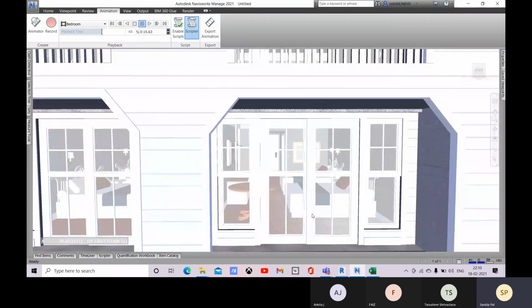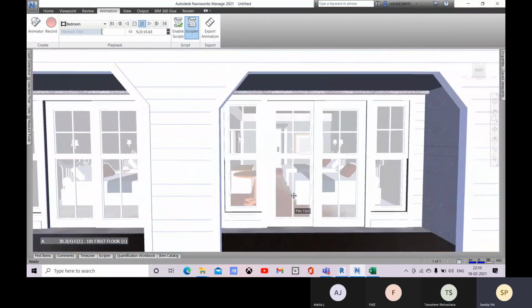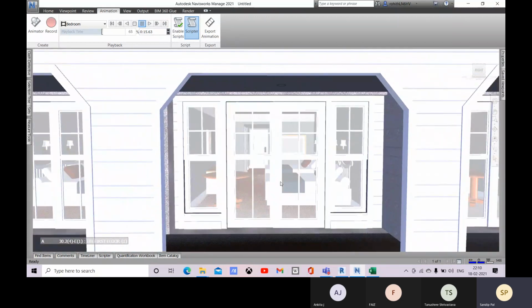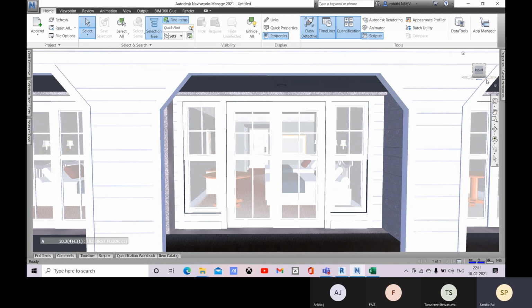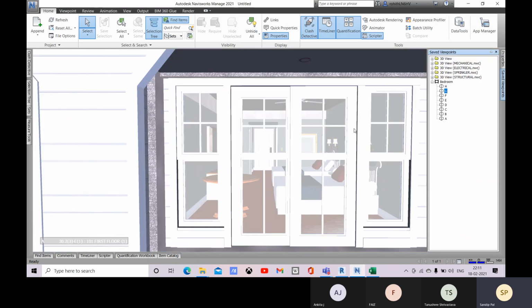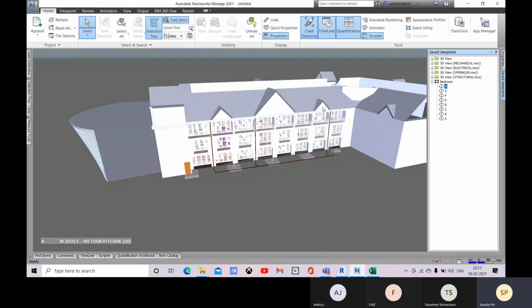So the speed will be determined by the distance between the saved views. If there is a shorter gap between two viewpoints, the speed will increase. But when the gap between two viewpoints is longer, then it will be slow. Like, you remember that I created two views, G and H, right?